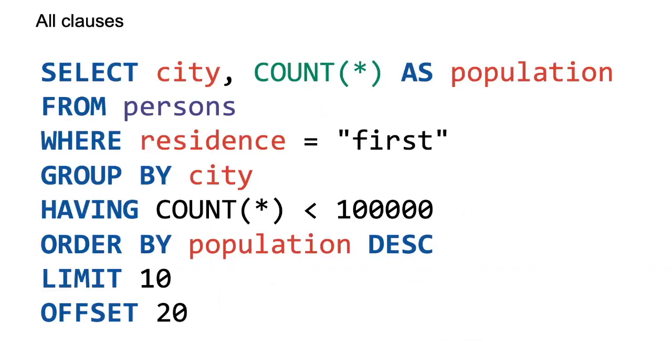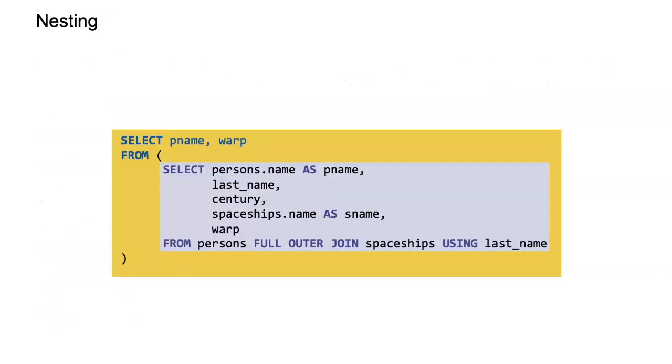Then this is what you had to learn by heart. SELECT FROM WHERE, GROUP BY HAVING, ORDER BY LIMIT OFFSET, and you'll get plenty of exercises to learn to write SQL like this, right? So it does everything. You have the selection in there, the projection, the grouping, another selection with HAVING, and you can order, because you have list of tuples semantics, you can order the records and paginate with LIMIT and OFFSET. All right, so that's SQL.